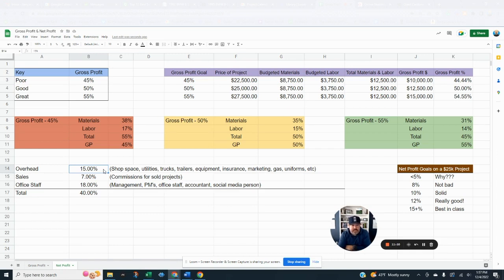The only thing that's nice is that as you get bigger, that overhead number can go down. That top overhead number of 15% for me, this thing used to be 24, 26% when we were littler, because you still have to have all this stuff, right? You still have to have a space that you store all the equipment and you do everything. We were doing 1.5 million and I was spending $30,000 on marketing. Well, we do 5 million and I spend 40,000 on marketing. So our marketing expense goes down, right? I mean, yeah, we're under 1% of our total revenue that we spend on marketing. So those things actually get better the bigger you get.